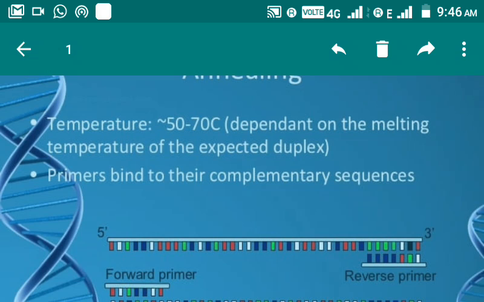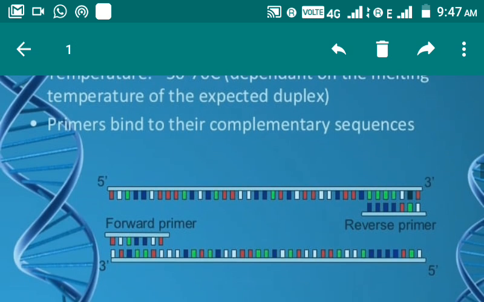So these primers will bind to their complementary strand. Students, I am trying to make you understand better, so try to focus on this concept that the primer always binds to the 3' end of the DNA strands. You might know that both the strands are complementary to each other. What is the funda of 5 to 3, 3 to 5? I hope you all know. This is very important for primer binding. It always binds to 3' only, because you know that DNA will synthesize in the 5 to 3 direction. So this is the annealing.